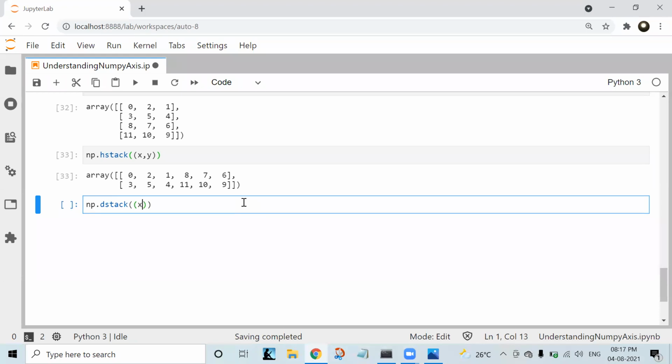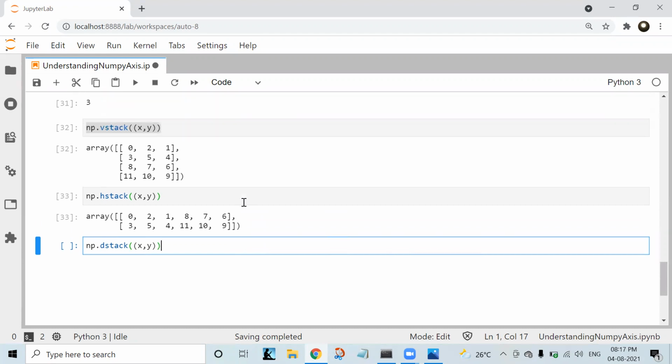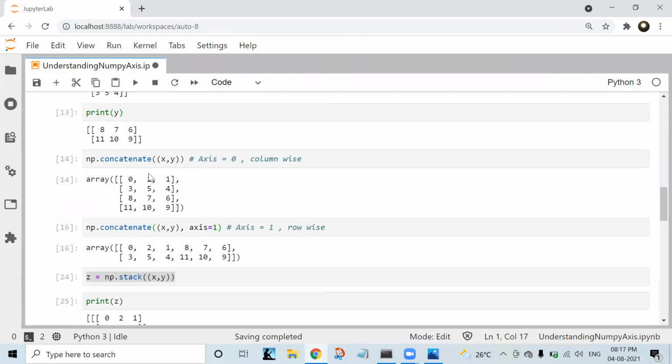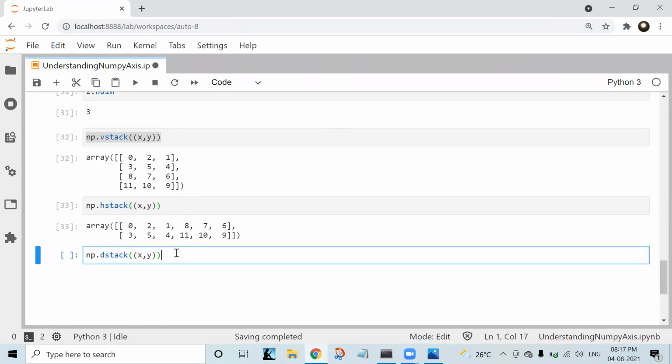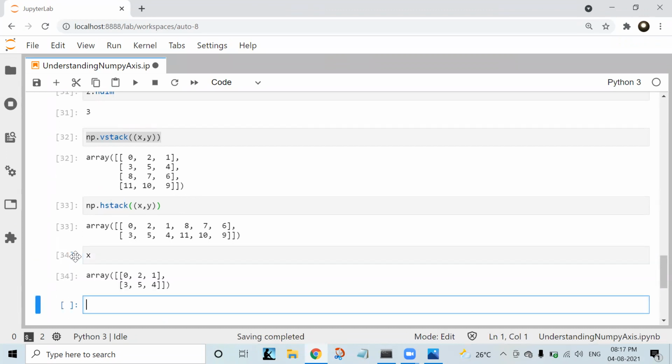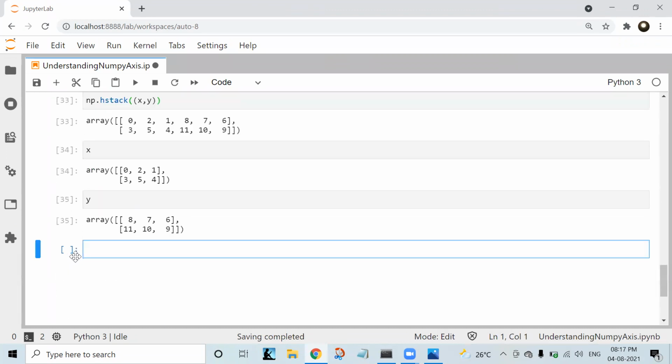Okay, so it will take like this. What are our elements? 0, 2. Okay, let us try to print that first instead of searching. So let us print x and then y. Now np dot dstack of x comma y. Okay. Now let us see.